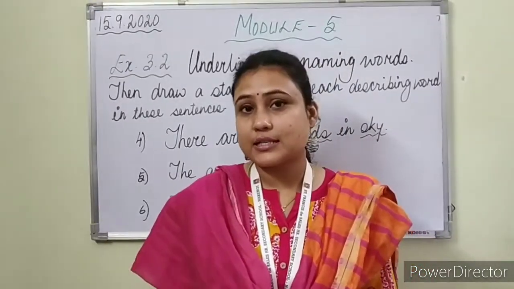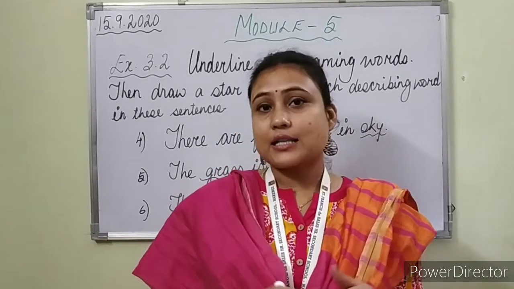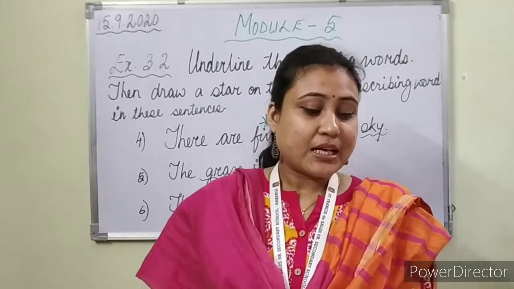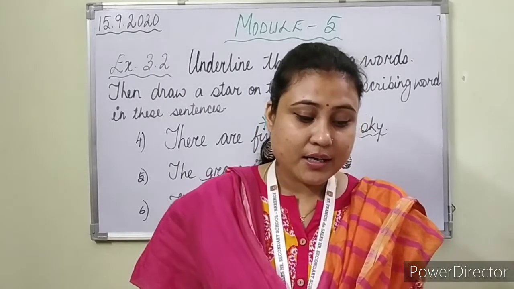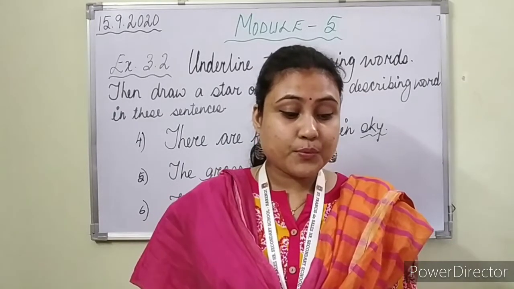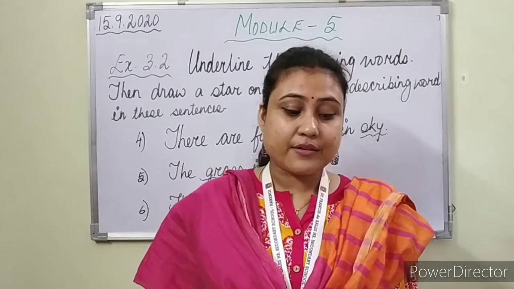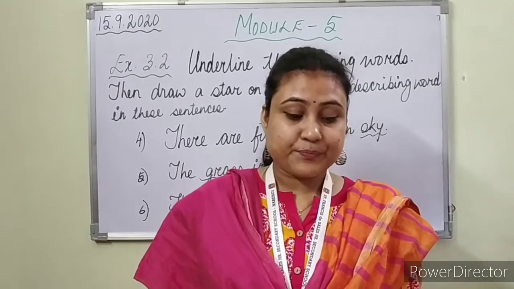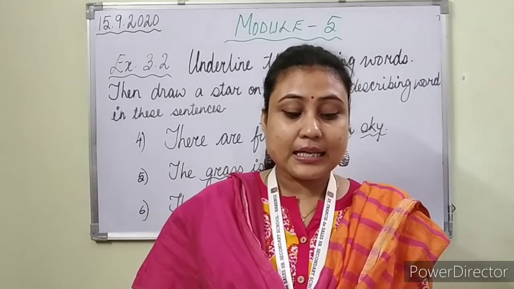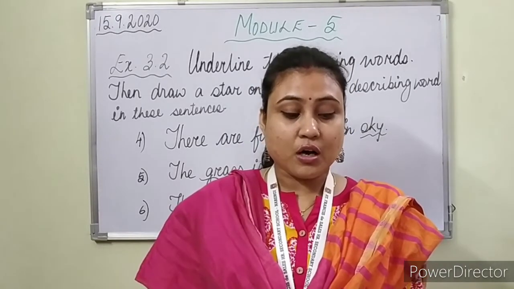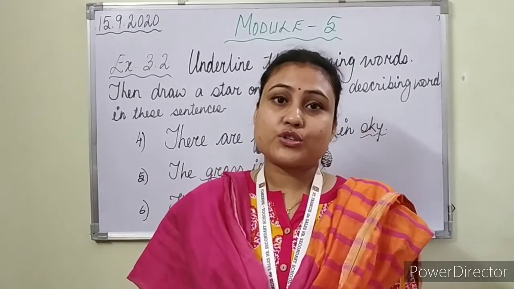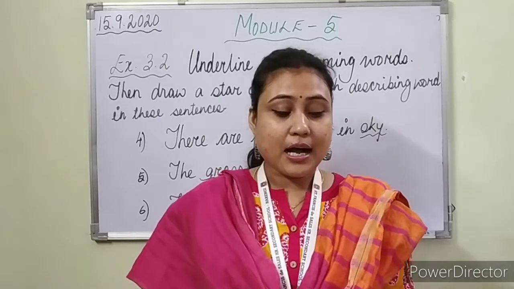As we have already done it, I hope you know what jumbled sentences or words or letters are, right? Let's see exercise 4.1. The words in these given sentences are mixed up. Put the words in the correct order and rewrite each sentence. Remember that each sentence begins with a capital letter and ends with a full stop. One is done for you.